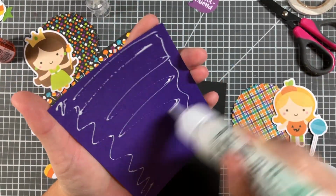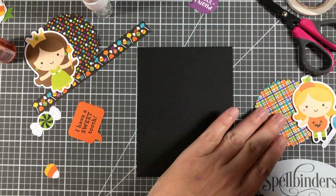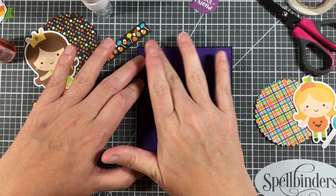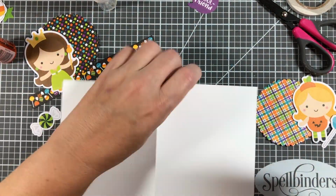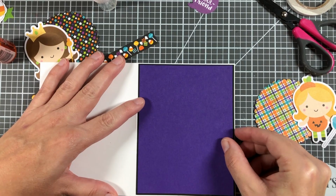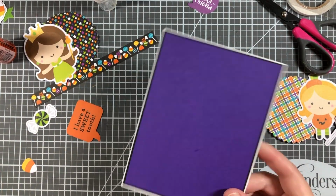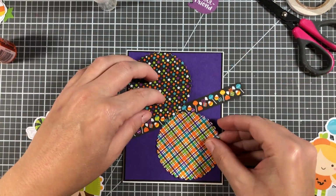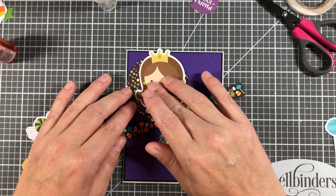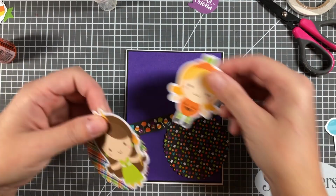Alright, so this one is awesome. One of my favorites. Using some solid purple cardstock and matting that onto some black. I'm going to adhere that to the white card base. As you can see here, I've got two little girls, what I did was I'm separating them by this strip